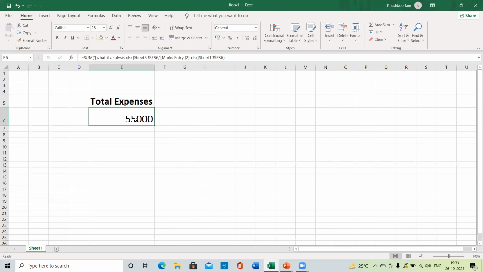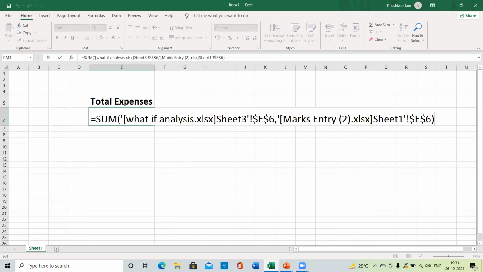Same that we have done in worksheet, we can type this formula and I can work with keyboard also. As you can see, in inverted comma and in square brackets, it is written the workbook name, then sheet, then the range, then comma, second workbook name, sheet, then the range.